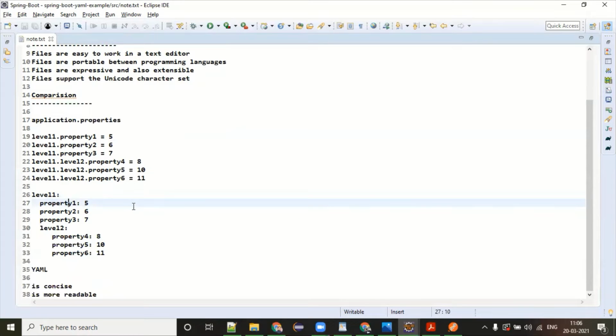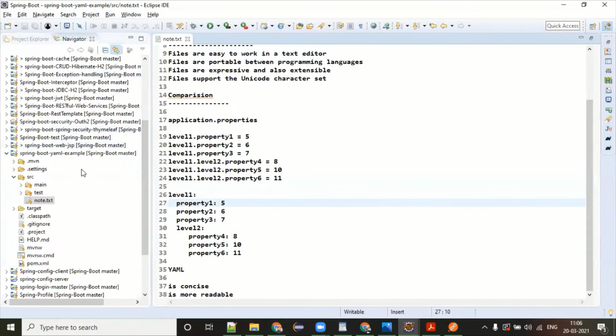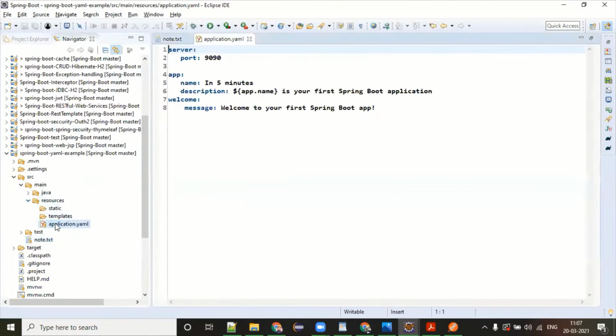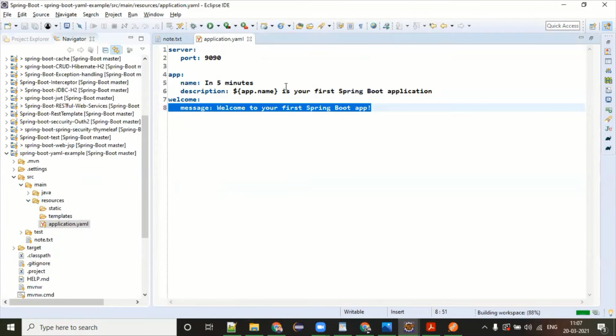This is a very strict language, right? A small space missed, it will not work. But if you're working in any IDE like Eclipse, there's a plugin that will help you avoid that. For example, this one has a YAML editor plugin, so it is going to take care. Even if you give a space, it will manage it.